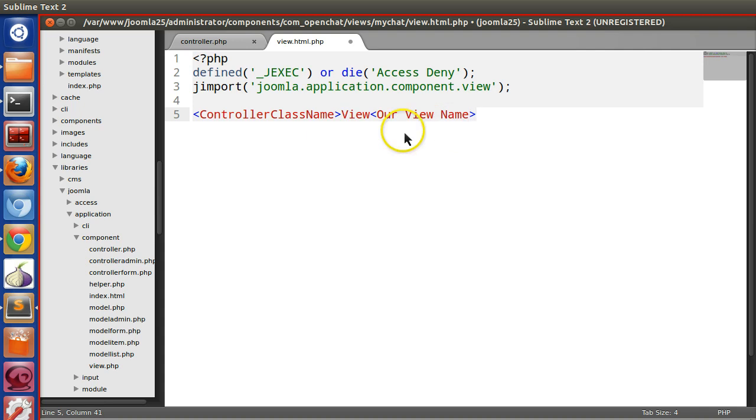Our view name must be equal to the folder name. We have created the folder my chat, so our view name must be my chat, because by default Joomla will look for that class.